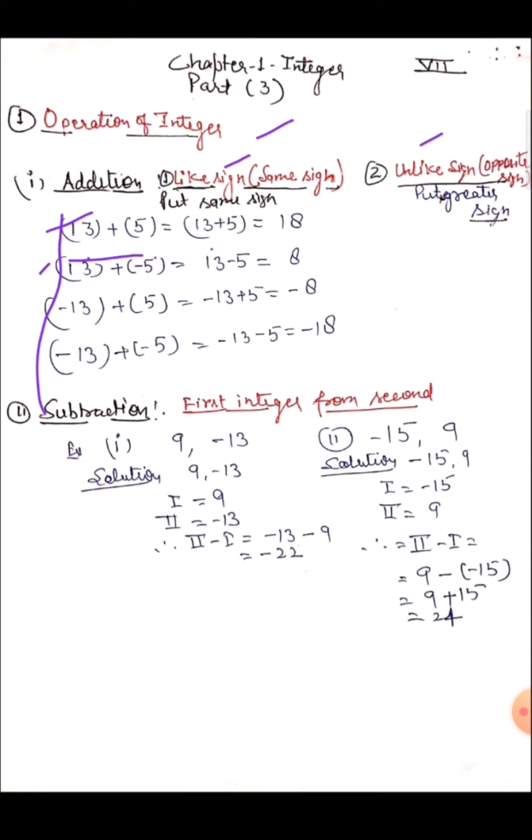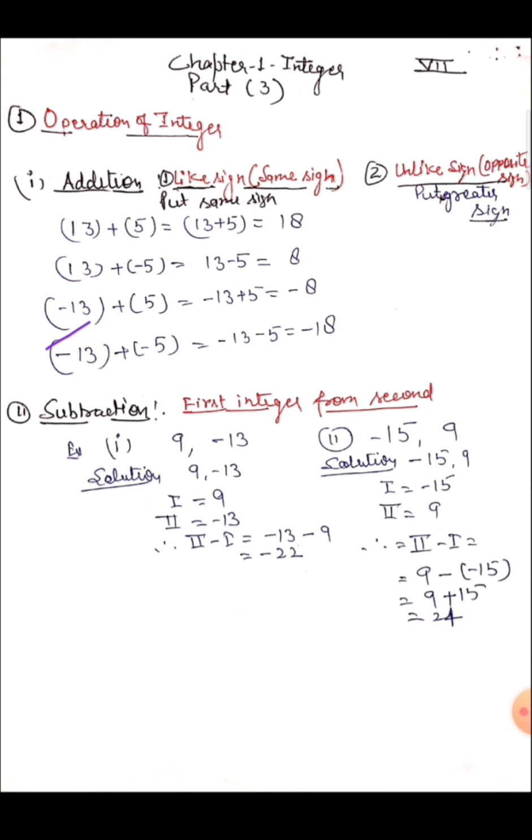Then we match the numbers. Which number is greater here? 13 is the greater number, and 13 here has the plus sign. But look, there is no plus written. We know that if any number is written without a sign, it means that number has a plus sign. So here it is 13, or plus 13, you can say. So we can write plus 8 or without plus.